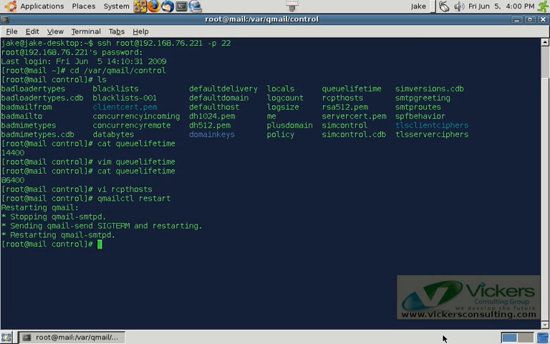Now, I'll repeat this. It's going to do a DNS lookup to determine where to deliver email for another.com. It does not use the hosts file. I know that doesn't really make sense in the Linux world if you really understand how it works, but Qmail just does not do that. It does not use the hosts file. It's always going to do a DNS lookup. Because of that,